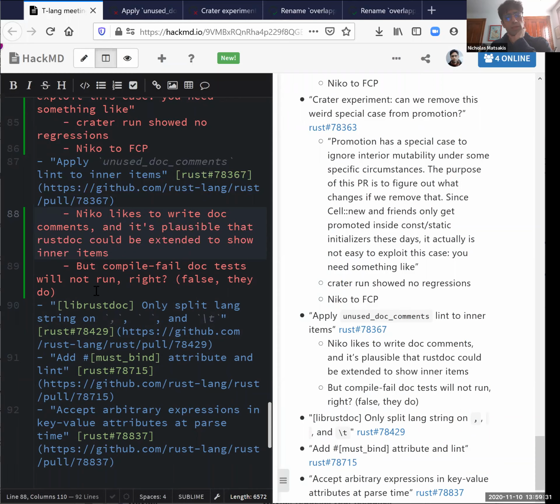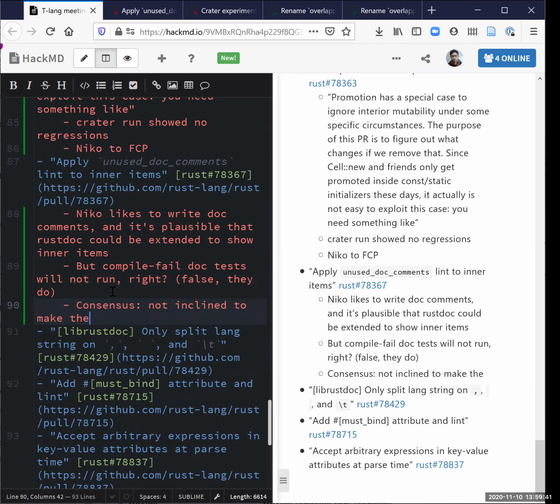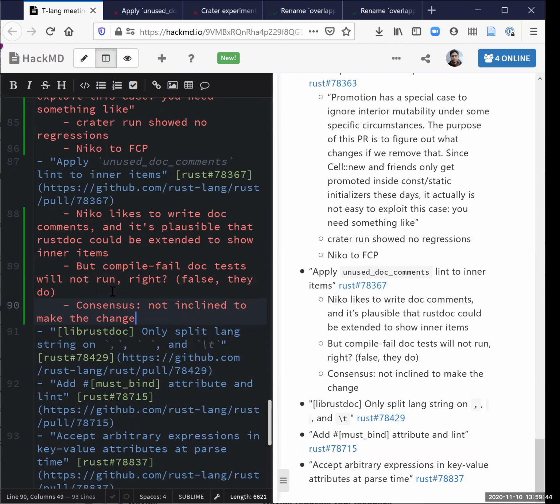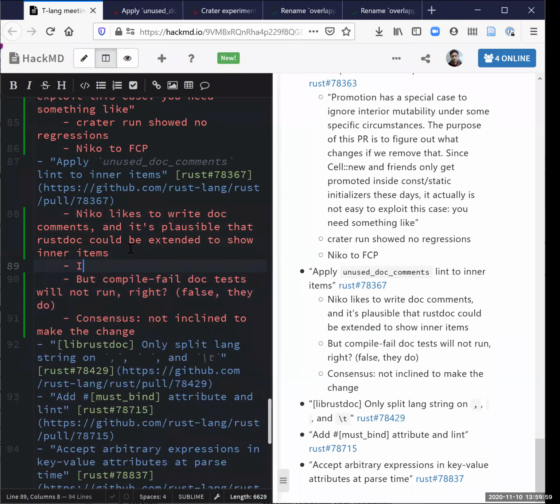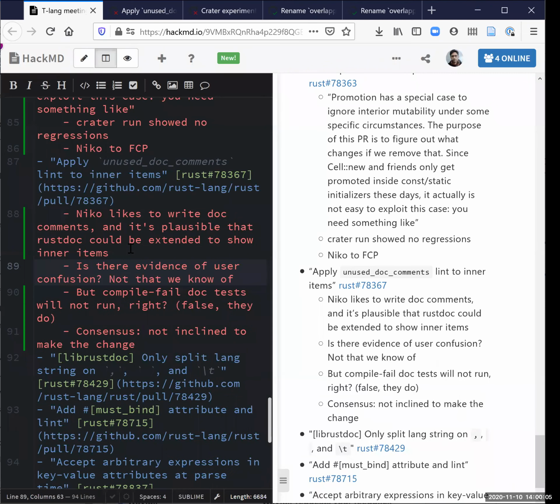All right, so I think the consensus of this meeting is you don't want to make this change for the reasons above, right? And actually, if you do the pub thing in a non-exported method, it doesn't show up in RustDoc either, right? Right. If it's a private method, I don't think it shows up unless you ask it to. So one more thing I want to ask here. So this lint, I'm assuming that if we were to approve it, it'd be something that applies to RustC as well as RustDoc, right? Or is it something that only applies to RustDoc when it runs? It's a RustC lint, as far as I know.